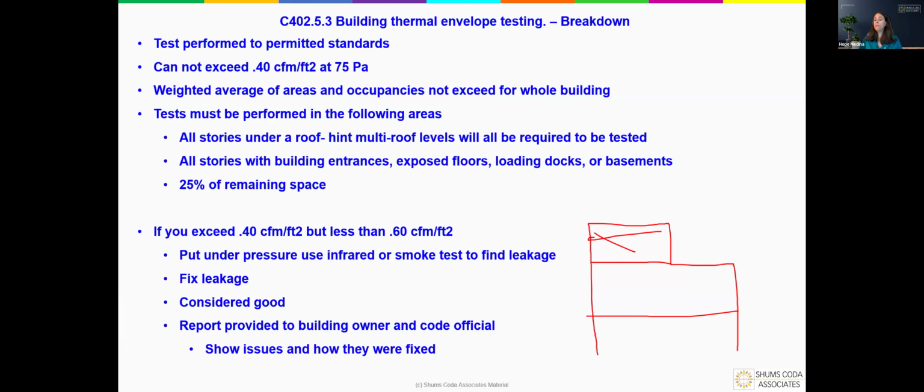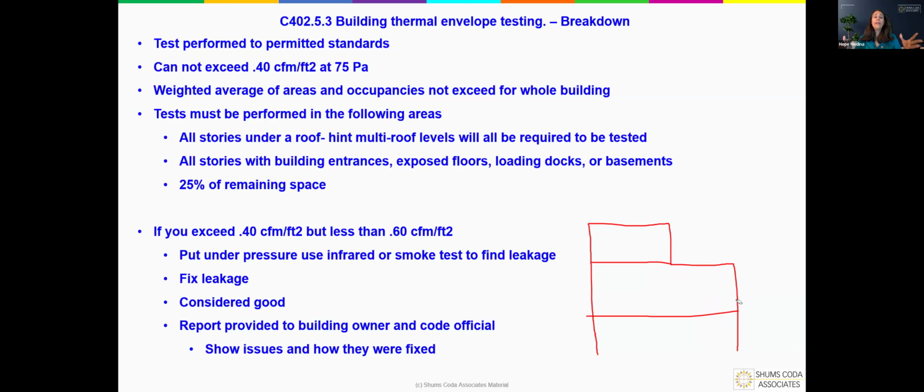And then this now becomes where the roof line is, right? For this area. So both of these would be required to be placed under test, not just the first one. All stories under roof will be required to go under test. Now, the next one is any